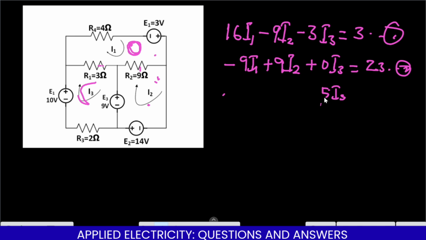So we have 5I3. And then now you look at the resistance that is forming with a loop and forming with another loop. So realize that 3 is forming with this loop and forming with another loop. So we subtract it. So that will give us minus